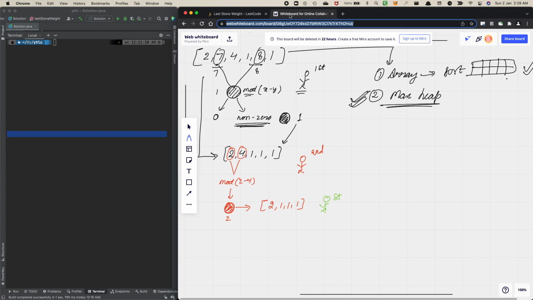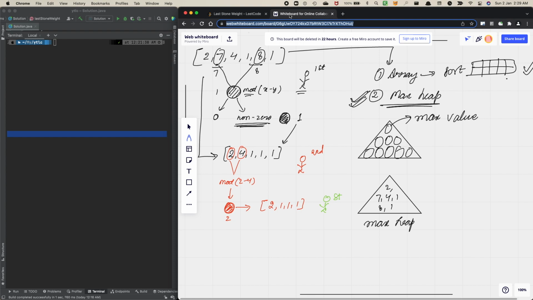What we have to do is use a max heap. What a max heap does is that it returns us the maximum value from the heap. Of all the values, it will return us the maximum value. Now in our case, let us assume we have been given values like 2, 7, 4, 1, 8 and 1. These are the values. So at any time, since the heap that we are creating will be a max heap,